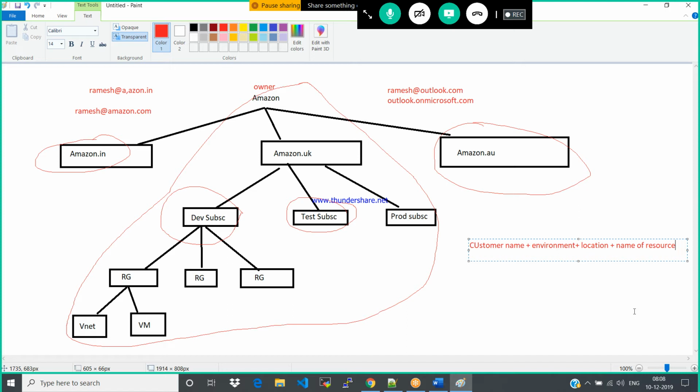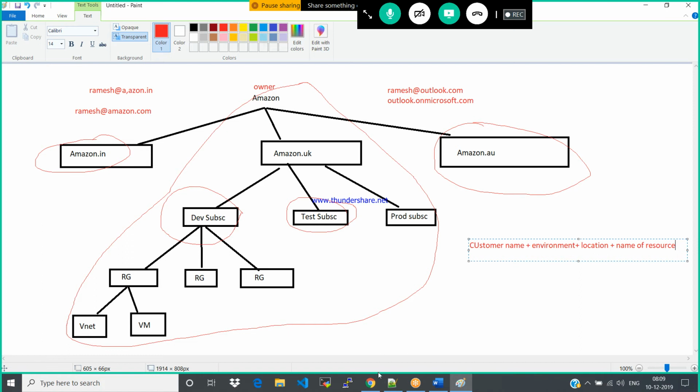VM1, VM2, VM3 and all, HR and 20,000 VMs. How do you understand what the virtual machine does exactly, whether it's an application VM or DB VM or whatever it may be? It's very tough to identify. For the identification purpose, we need to follow some standards. That is a naming convention, a valid naming convention.